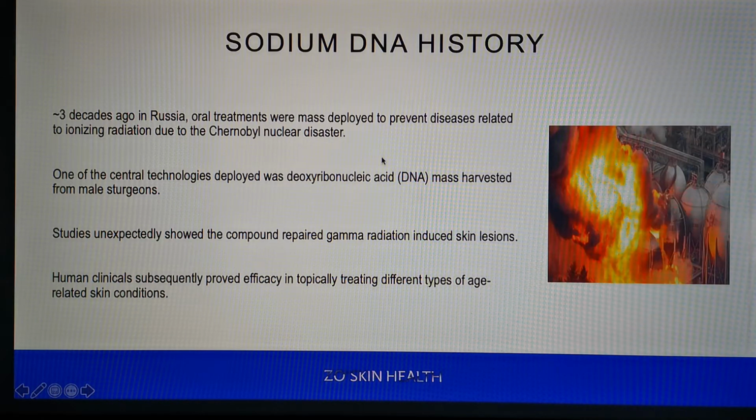One of the key technologies that really enabled our ability to crack the code on sagging skin and loss of facial contour really arose 3 decades ago in Russia as an outcome of treating people at the epicenter and the peripheral region of Chernobyl after the terrible Chernobyl nuclear disaster. Russian scientists, like many other